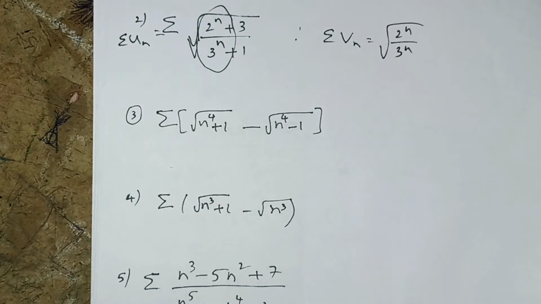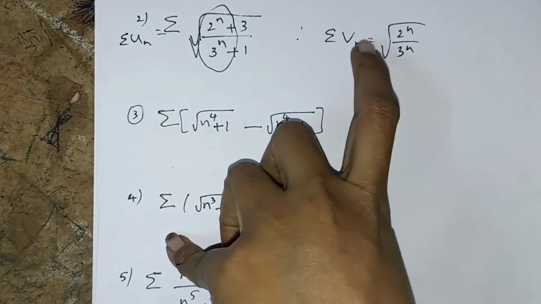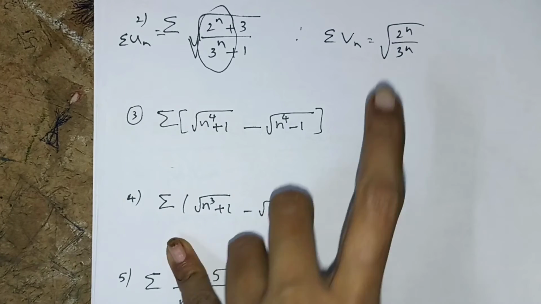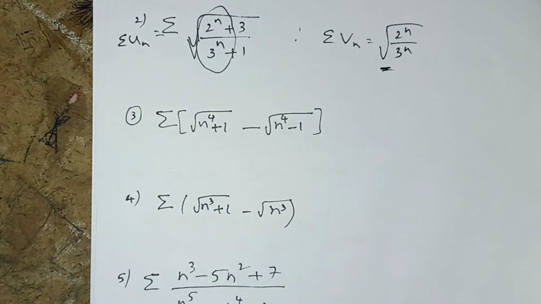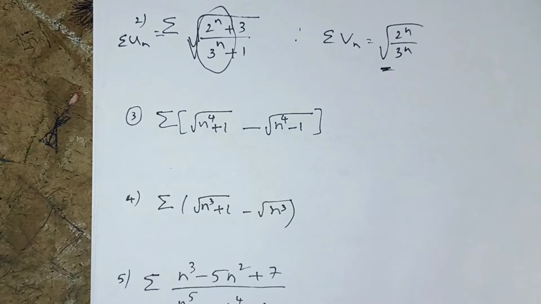To find whether the given series is convergent or divergent, we have to take the help of sigma vn. Sigma vn is 2 to the power of n by 3 to the power of n, under root. Here also, how to find? With the help of an auxiliary series only. But this is not in the form of an auxiliary series. An auxiliary series must be in the form of sigma 1 by n to the power of p. If it were, we could write the conclusion. But this is in the form of